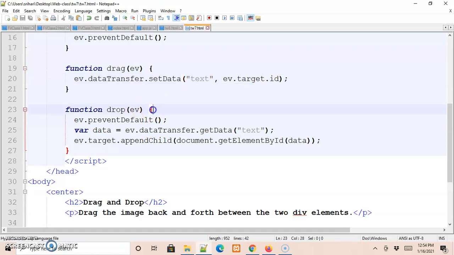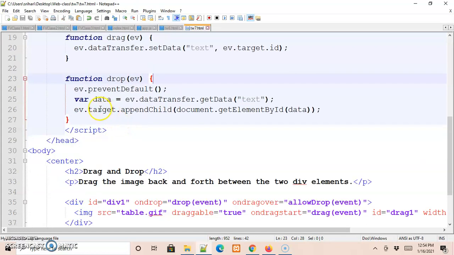Now coming to the drop function, we again have the prevent default function, which will cancel the default action being performed, and then we have a variable created in JavaScript called data, and we are storing ev.dataTransfer.getData text.